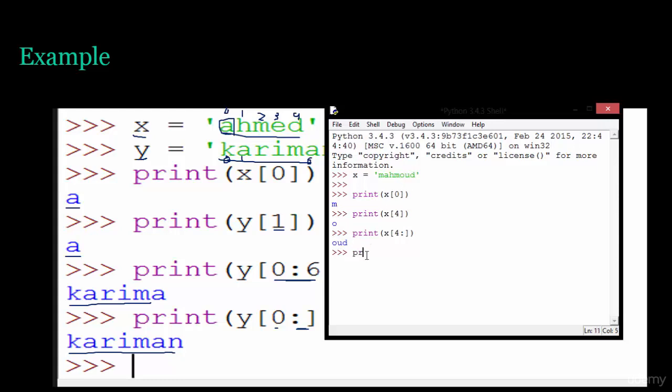And if I type print x, this will give us the full string Mahmoud. And if I type print here x of 5, this will start from the first to the fifth index. It will give us Mahmoud. Okay,